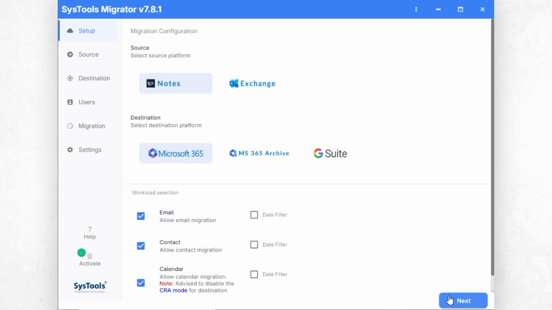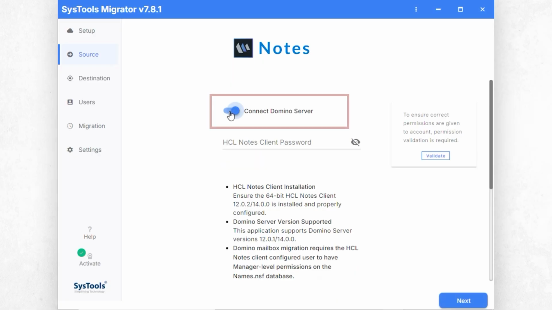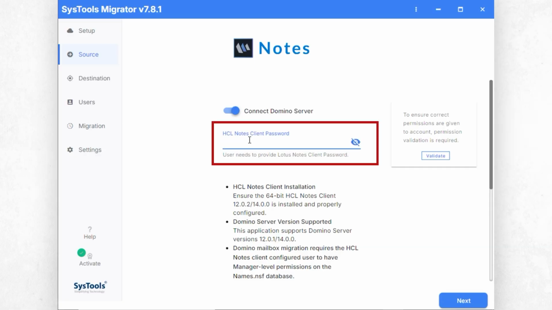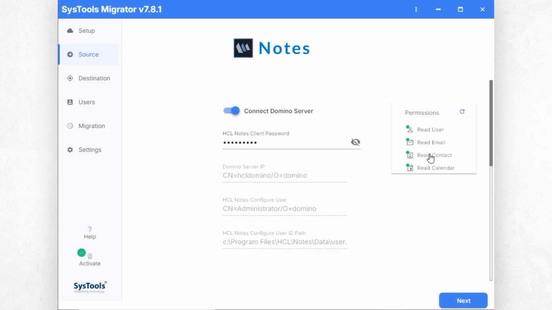Now, click Next. In this window, enable the Connect Domino Server option. Then, enter your HCL Notes client password. Once the required permissions are in place, click Validate to verify the connection and proceed. After completing the validation permission,